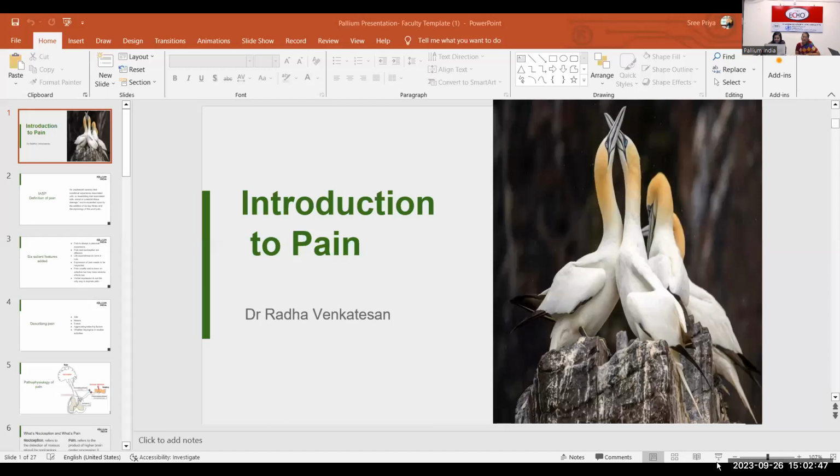Thank you very much. A big thank you to Pallium for giving me this opportunity, and nice to see all of you. The main vision of Pallium India is to take palliative care to the needy. That cannot be done without each one of us participating and actively working on it. So for Dr. Rajagopal's vision to come through and be effective, all of us have to do our best. So with that, we'll go on to our session.